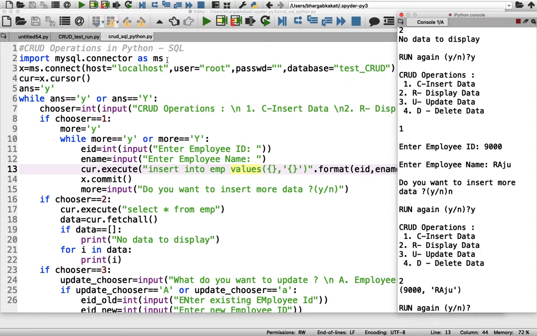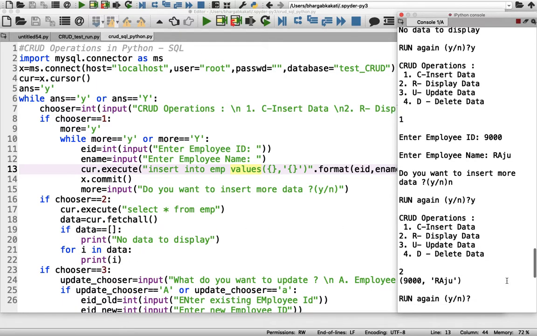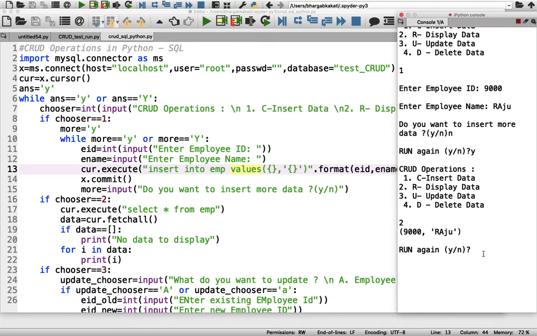But now I'll not be using the tabulate library here because some of you might not know about the tabulate library. But after you know about it, you can just import that tabulate library here. Tabulate should be installed before importing, and by making minor changes here, you can format the data well. How to format the data? For that, you can look at the previous part. Okay, so now here run again. I'll just press no here.